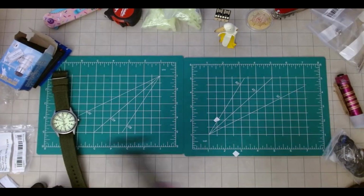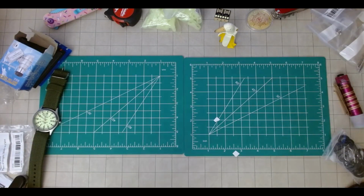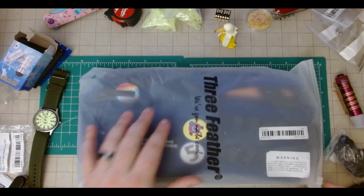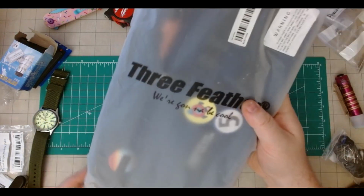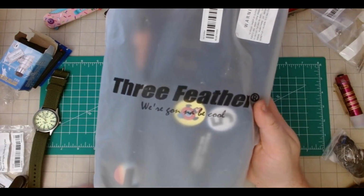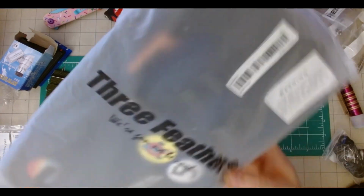And then, well, this goes somewhere different than all my cheap junk. The last thing, you may be able to tell, it is another sling bag. So this is 3 Feathers. I like the slogan, we're gonna be cool. I don't know if that's supposed to be two words or if it's just phonetic, but